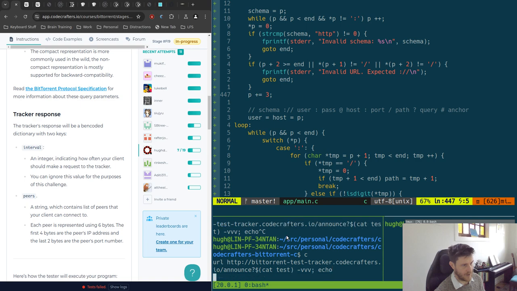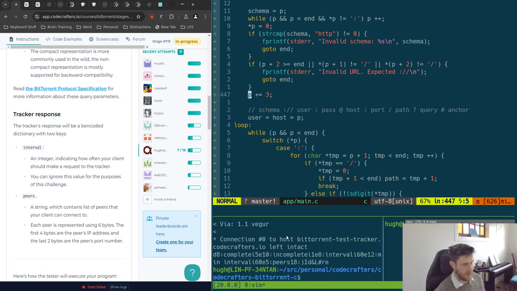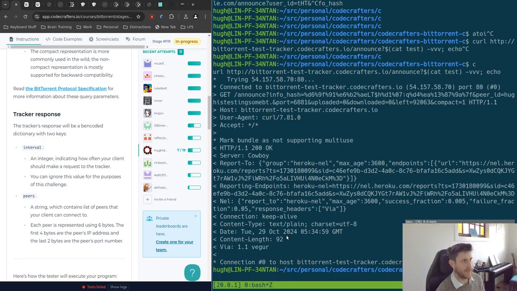just requiring us to do this request here, which is getting the announce URL, and we have this query string which we can see here, and if we send that then we should get back in response